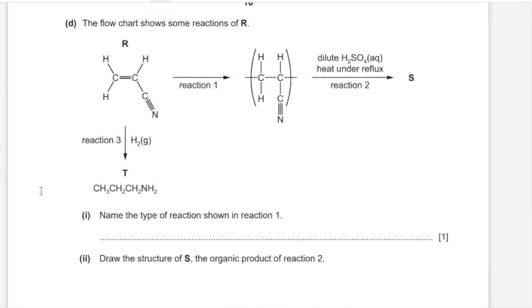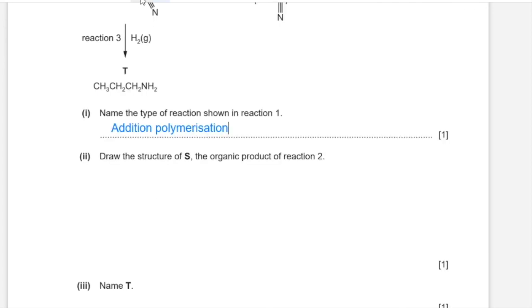D. The flowchart shows some reactions of R. 1. Name the type of reaction shown in reaction 1. So in reaction 1, you have polymerization, and since it is only using one monomer, this would be addition polymerization. 2. Draw the structure of S, the organic product of reaction 2. Reaction 2 uses sulfuric acid with heat under reflux, which is the requirement for hydrolysis, and that would hydrolyze the CN group, whereas the rest of the structure would remain the same. And so you have